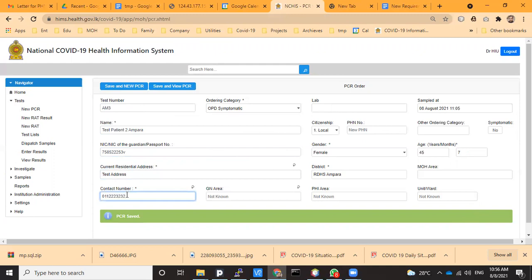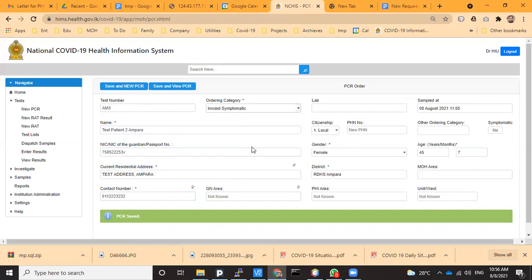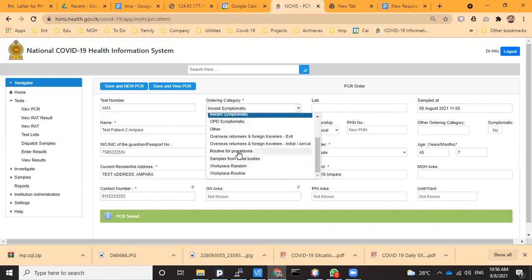Nowadays, the PCR and the RAT are being done from wards as well. Okay, in that case, you can fill the ward here. But the category then can't come as OPD symptomatic. It's not symptomatic. Now you have different categories, if they are for procedures, routine for procedures.